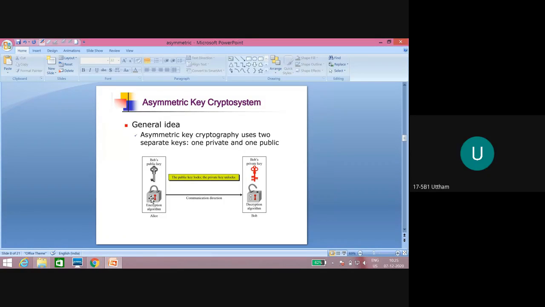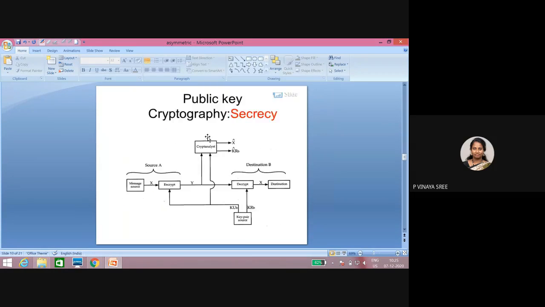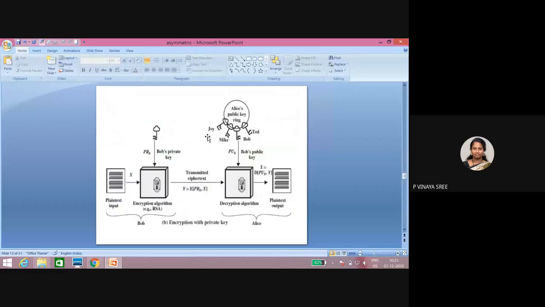Answer, ma. Anyone? Private key of Alice, ma'am. Yes, good answer. So it has to be encrypted with the private key of Alice so that it can be decrypted with the public key. Once it can be decrypted with the public key of Alice, then Bob knows that yes, I received it from the proper Alice, not from Eve. So today we discussed confidentiality and authentication. The problems with applications of this we will discuss later, but let me complete this last point.